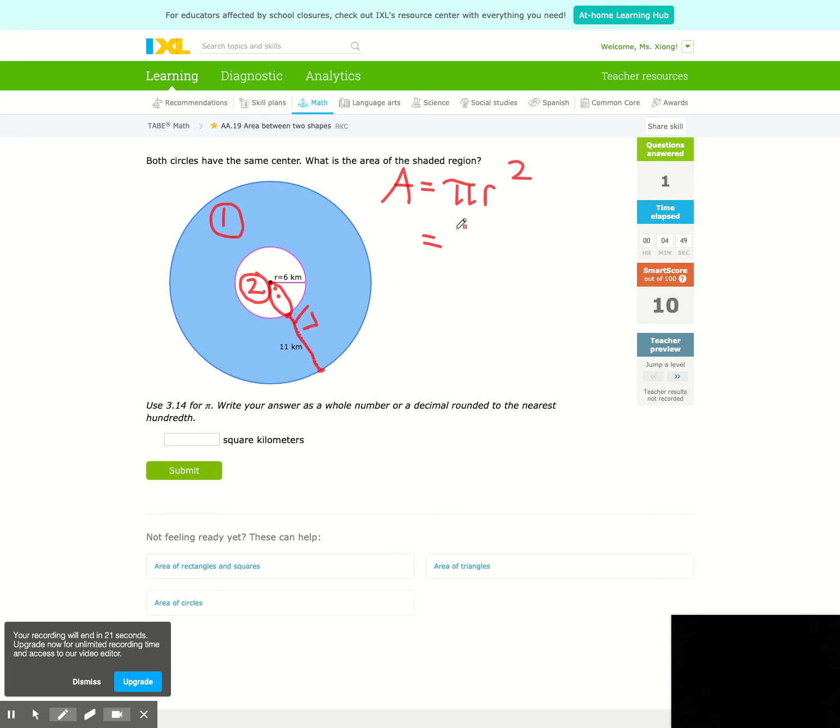All right. So I would do 3.14. That's what they told us to do. They told us to use 3.14 times the radius, which is 17 squared. Now we want to square the 17 only, not the 3.14. So for this,